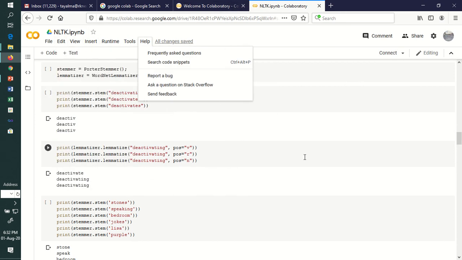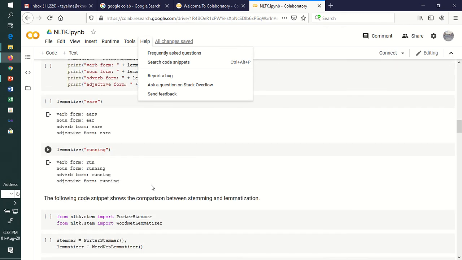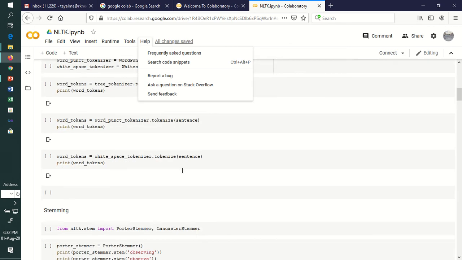In the next video, we are going to see how we will use different NLP operations in NLTK, like tokenization, stemmers, lemmatization and many more.